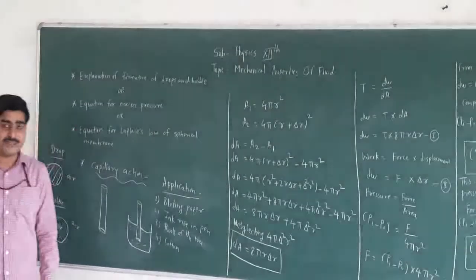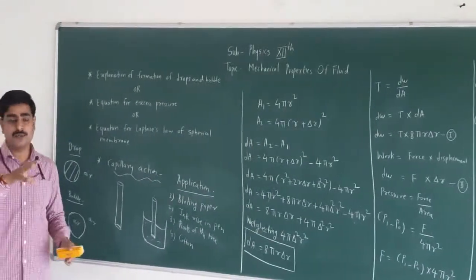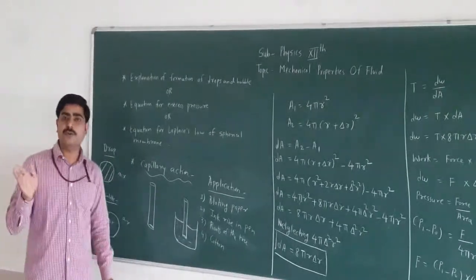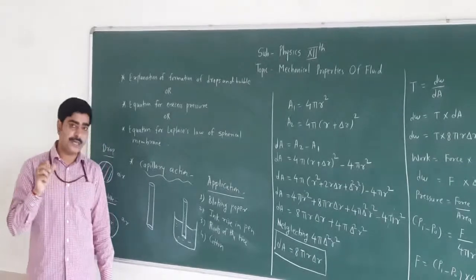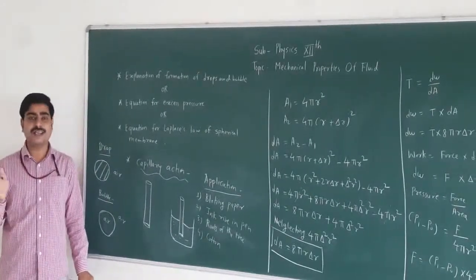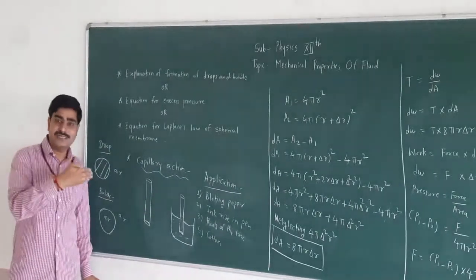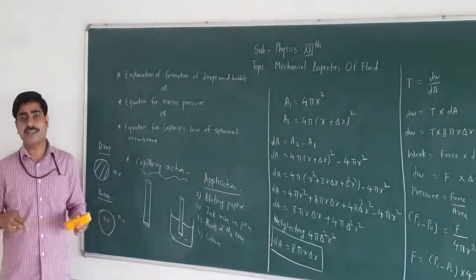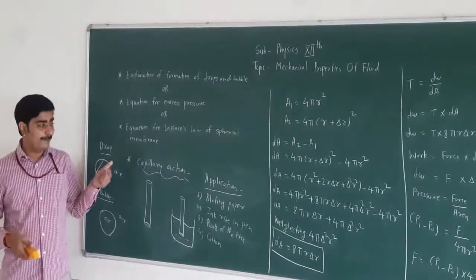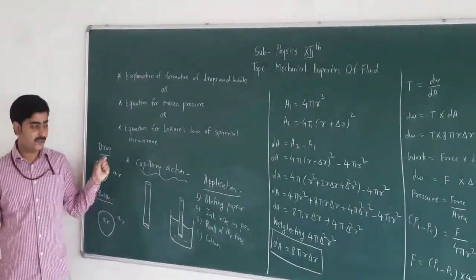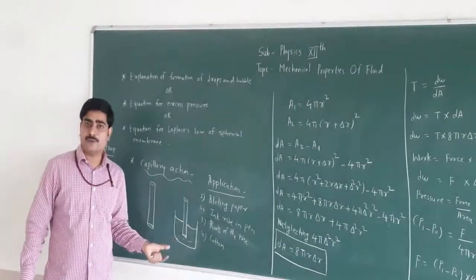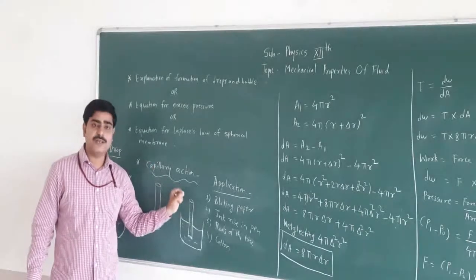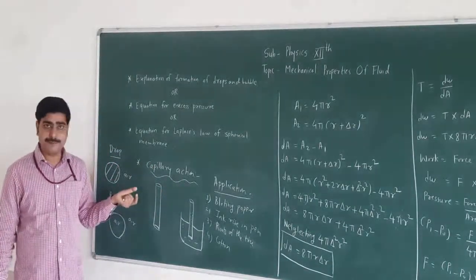The question may be asked in the examination, what is the meaning of capillary action? Then you should write: the tube having a small bore is known as a capillary tube, and the phenomenon of rise or fall of liquid level inside the capillary tube is known as capillary action. If asked to write any 2 applications of capillary action in day-to-day life, you can write that water is absorbed by blotting paper due to capillary action. The rise of ink in a pen is an example of capillary action.